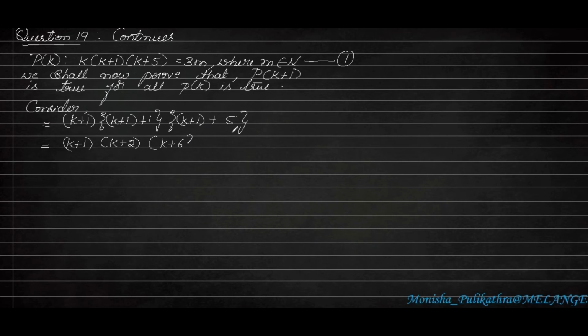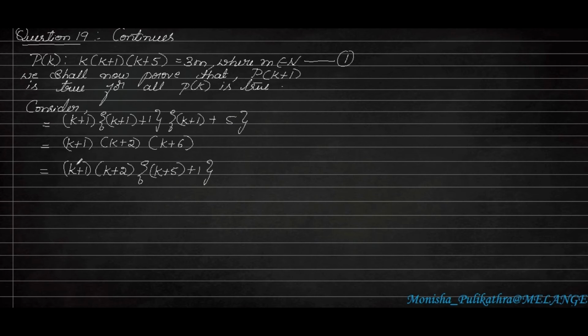Next, after writing this, we have to split it once again. So k plus 1, k plus 2 and k plus 6. Here, the first two terms you have to write as it is: k plus 1 and k plus 2. Instead of k plus 6, you have to rearrange it as k plus 5 in one place and plus 1. So it is also equal to k plus 6, since 5 plus 1 is 6. So instead of the 6, we split the 6 into 5 plus 1. In that, k plus 5 should be in one group and 1 in another.